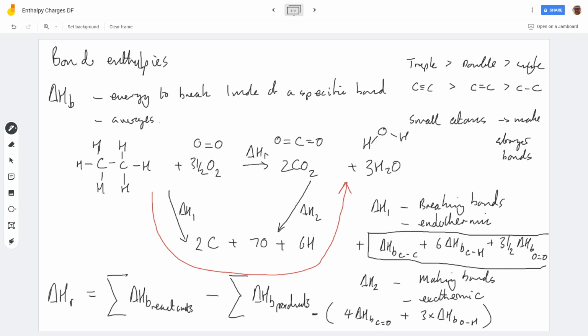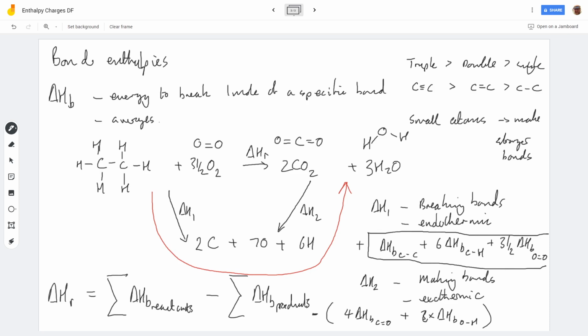Okay, but the key thing is you've got to have a balanced equation, and you've got to look at the structure of the molecules you've got, because you've got to count up the bonds accurately. And whenever I do this, I would always work out what these terms are separately. So I'd work out what 4 times the carbon-oxygen bond enthalpy is, and then 3 times,